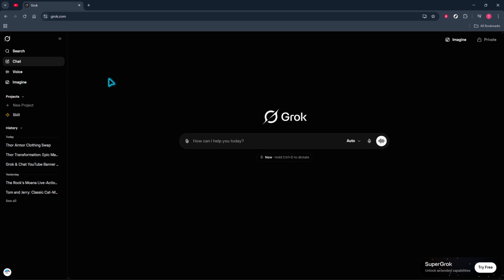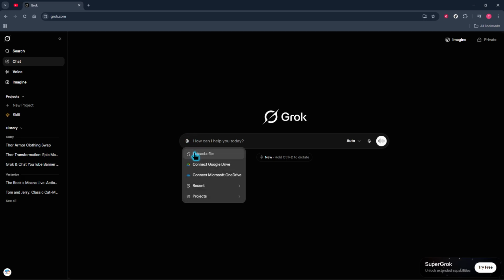Once the site loads, look for the chat or prompt area at the bottom. Next to where you'd normally type a message, there's a small paperclip icon. Click the paperclip to open the upload options, select Upload a File, choose the photo you want to edit, and